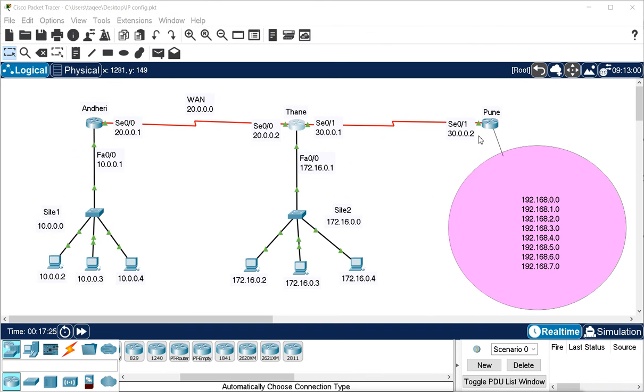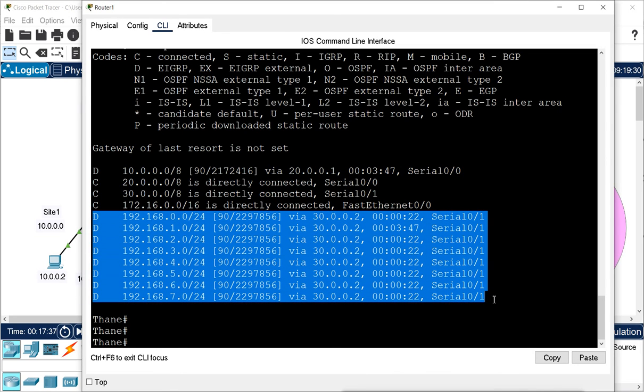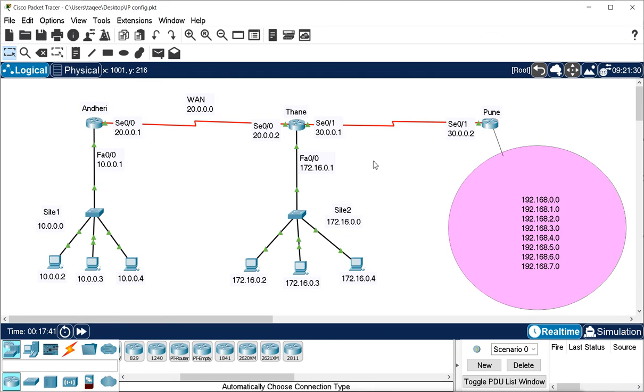So here on Pune we did not configure the summary. Auto summary is not working because they are different subnets, different networks. So when you check the Thane router, it shows separate entries for each network. But now when we do the summary, it will show the single network.